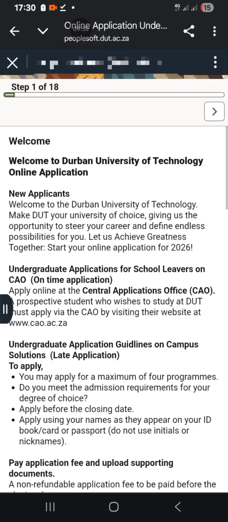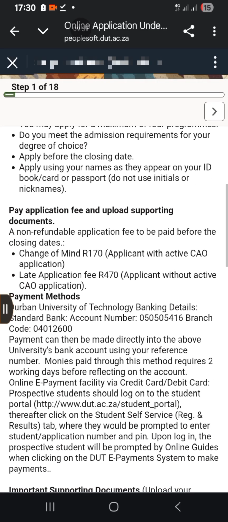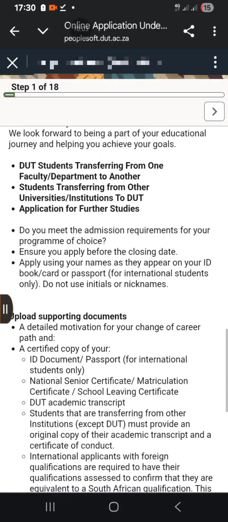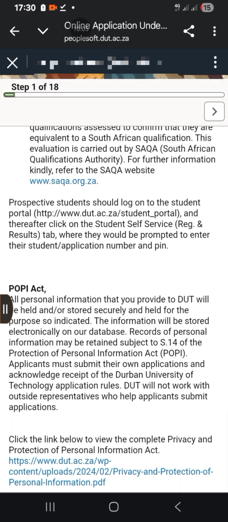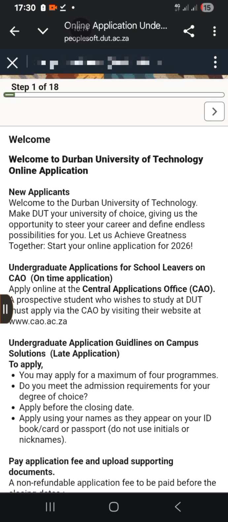Right, izobe seyithatha-ke seyikubeka la you read lapha Step 1 lapha you read. Once you've read laphana, you click lapha phezulu.